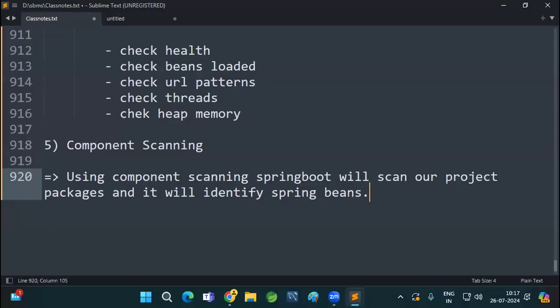Why do Spring Boot developers have this much demand in the market? Because in the industry, every Java project is developed by using